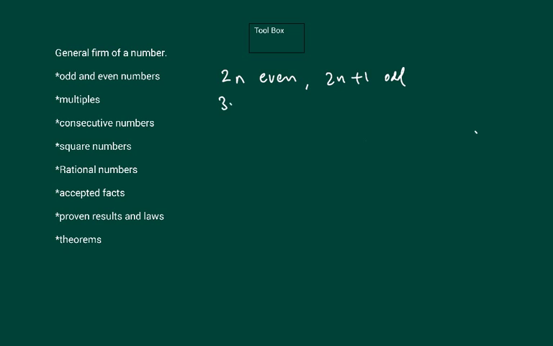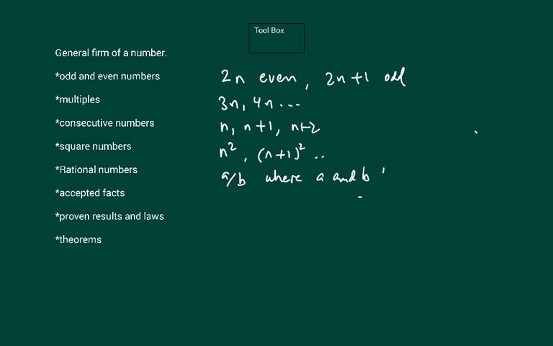Multiples can simply be 3n, 4n, etc. Consecutive numbers can be written as n, n plus 1, n plus 2. Square numbers are naturally simply n squared or (n plus 1) squared, etc. Rational numbers can be written as a over b, where a and b have no common factors. Let's write that in, where a and b have no